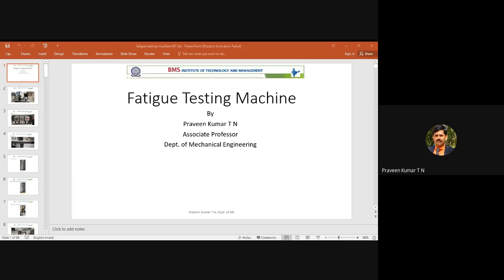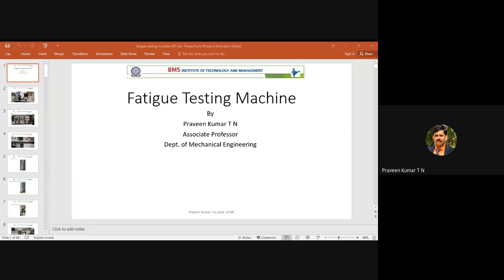There is also static strength. You can carry 50 kg of load on your head, but if someone beats you with a 100-gram stick, you may not be able to withstand it. You can carry 50 kg of load, but you cannot withstand a person hitting your head with only a 50-gram stick, because your body is subject to fatigue loading. That is the difference between fatigue loading and static loading. Just to understand the concept, I have given the example. Don't give such an example in the examination or viva.